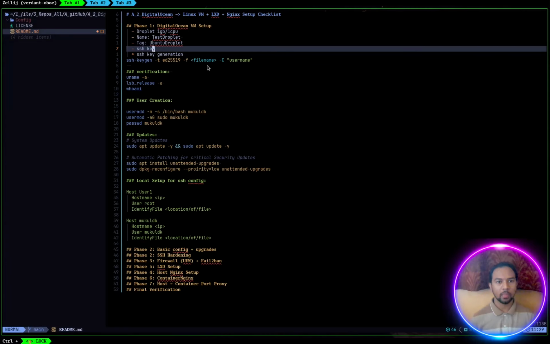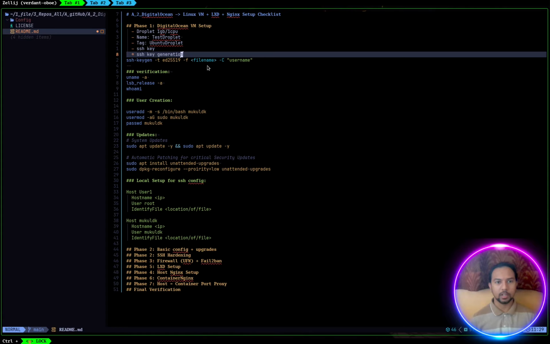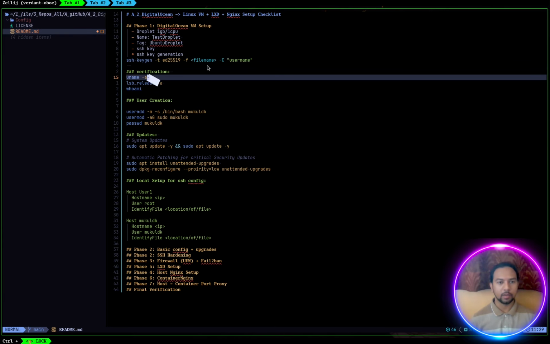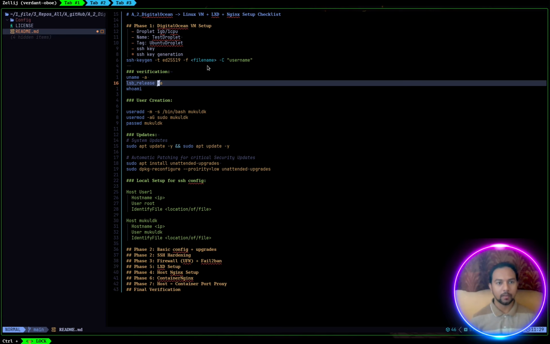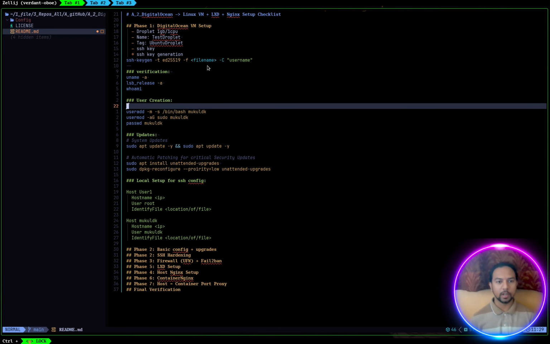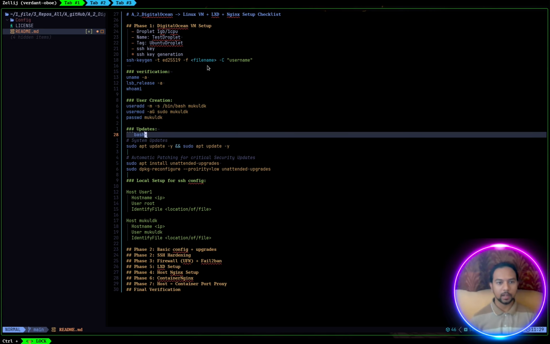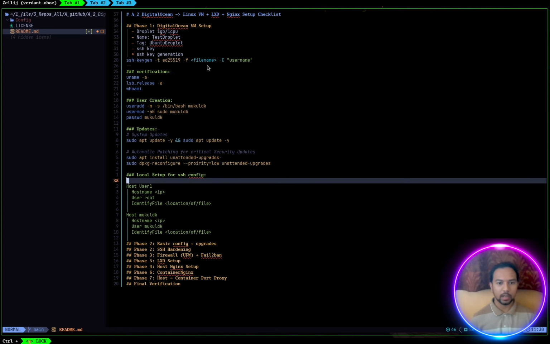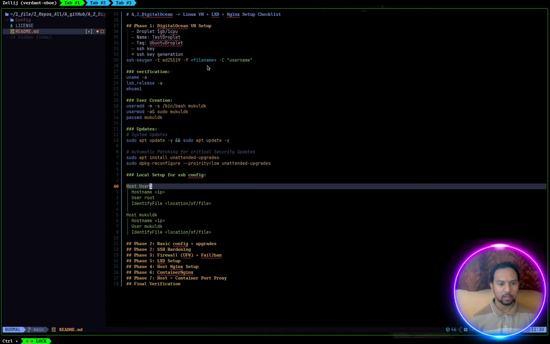Okay, we have used SSH key, and for that we have generated SSH key with this command SSH key gen -t, and for verification we use uname, LSB release, and who am I. Then we created user and set up updates with dpackage reconfiguration, and I have also added the host configuration here,